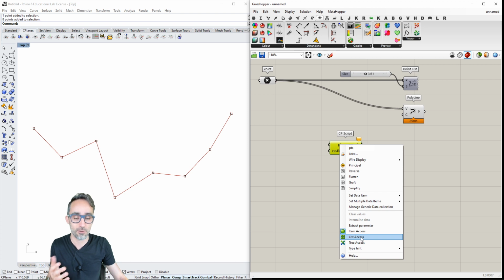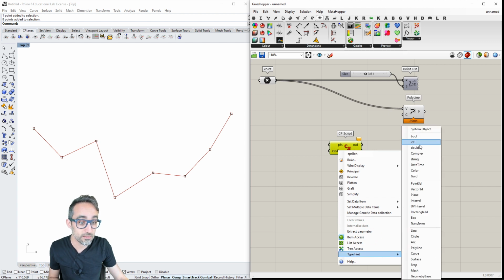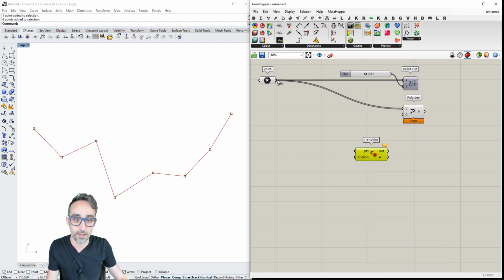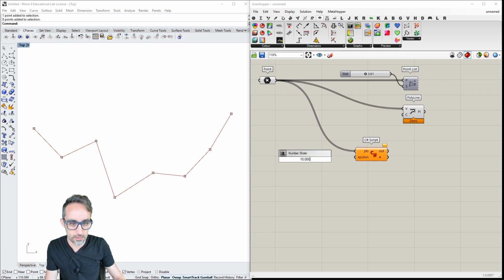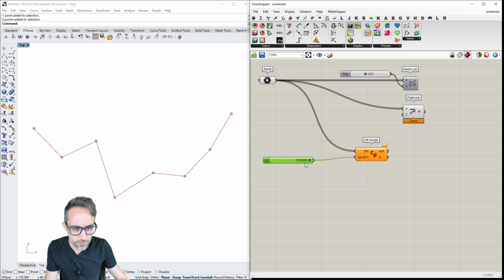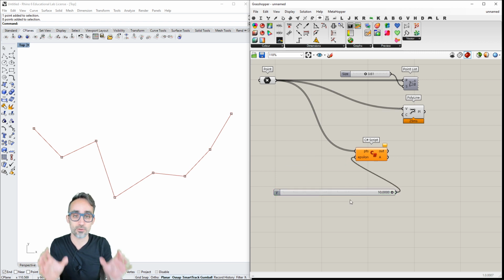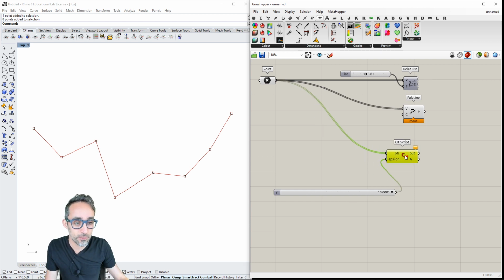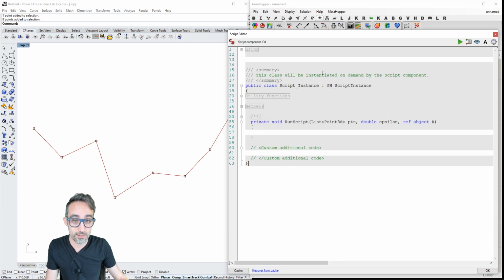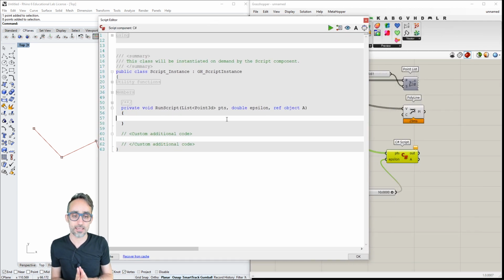This is very important because I want to have a full list of all the points one after the other. Epsilon is going to be a value of type double, and I'm just going to plug in here some slider with a lot of precision, and I'm going to use this to control the distance that I was talking about before. And then I think at this point we are ready to start writing some code. The first thing that we're going to do probably is start with the first round where we compute the distance of all these points to the first line segment that we're going to create between the start and the end points.